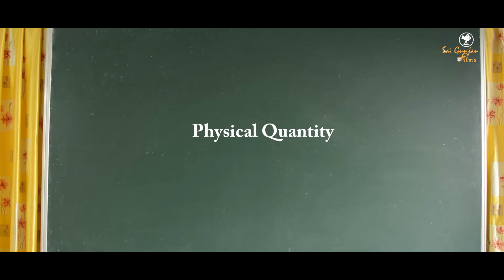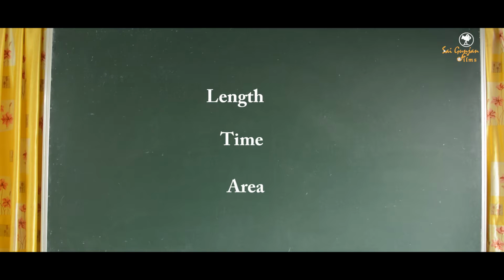And you see, some of these physical quantities have magnitude only, value only. They don't have direction. For example, when we say a time of 1 hour, it gives us the value only. This time of 1 hour has no direction. Similarly, length, area, speed, all these things do not have direction, they have magnitude only, and they are called scalar